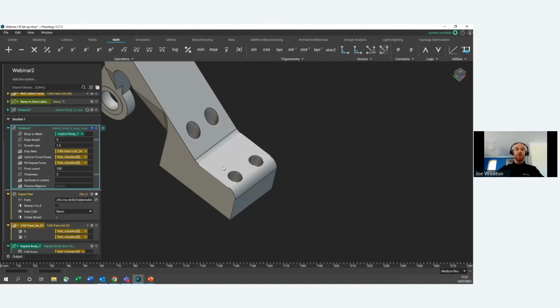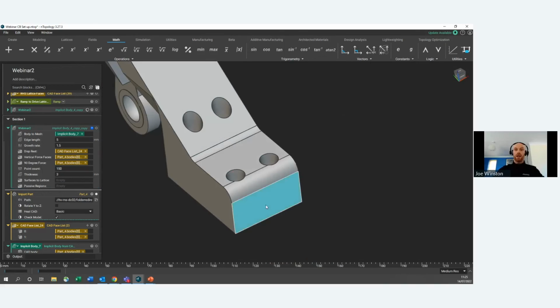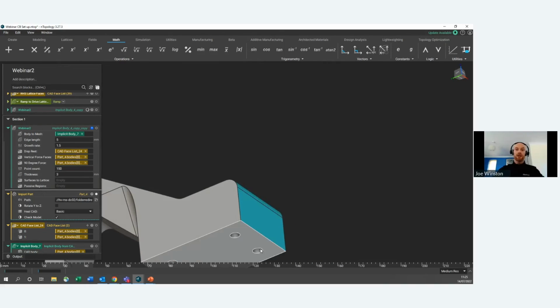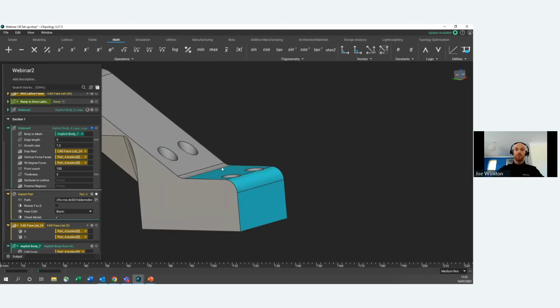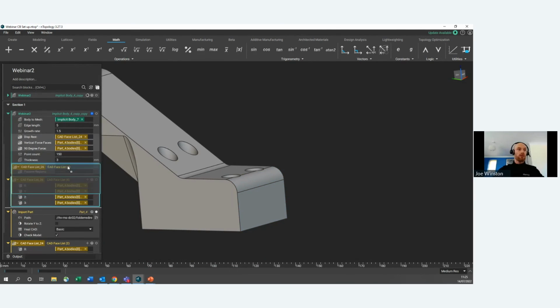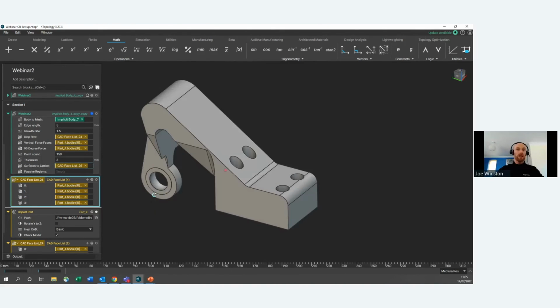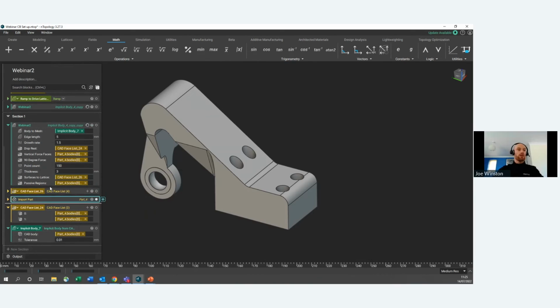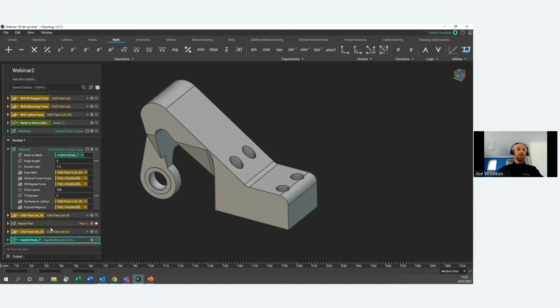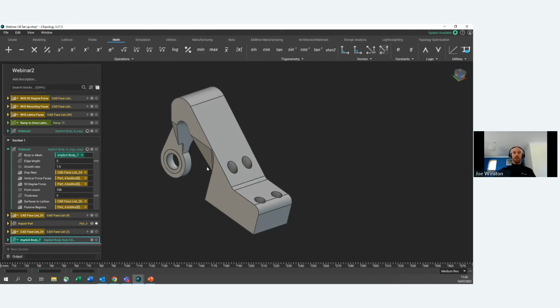Surface to lattice, maybe we want these faces to have a nice lattice on for whatever reason. And it's asking me for some passive region. So let's say we want this surface to be its passive region. So it's a completely different model to the clamps that we have been looking at, but it's going to work